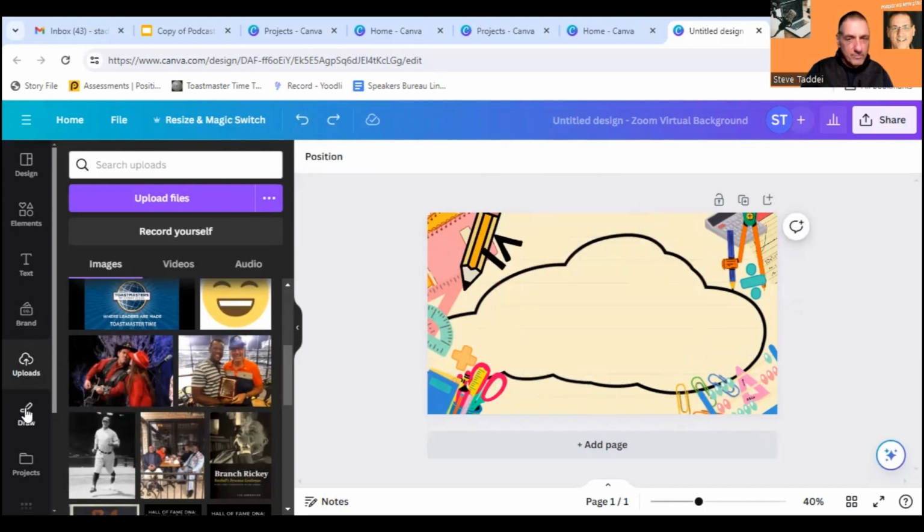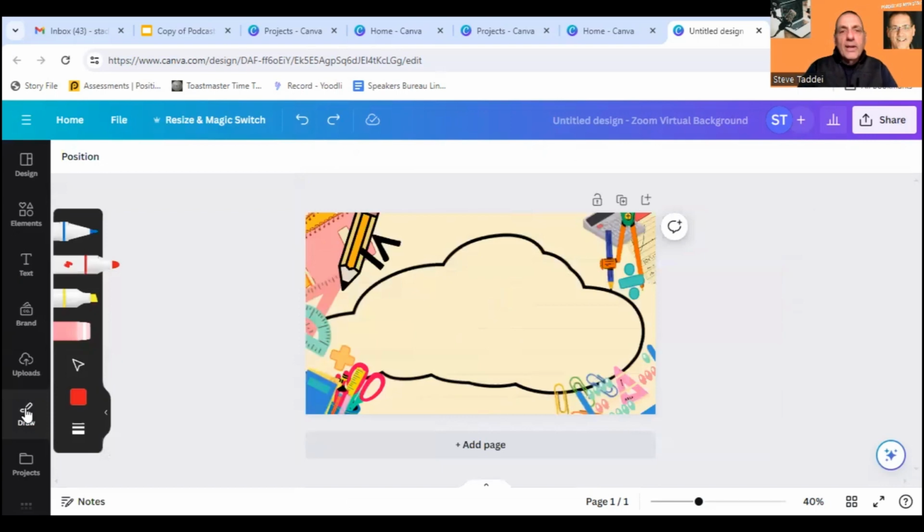You can draw. Now, I can tell you right now, you're never going to see me draw because I'm not the greatest artist in the world, but let's say I was. You can do it in red.